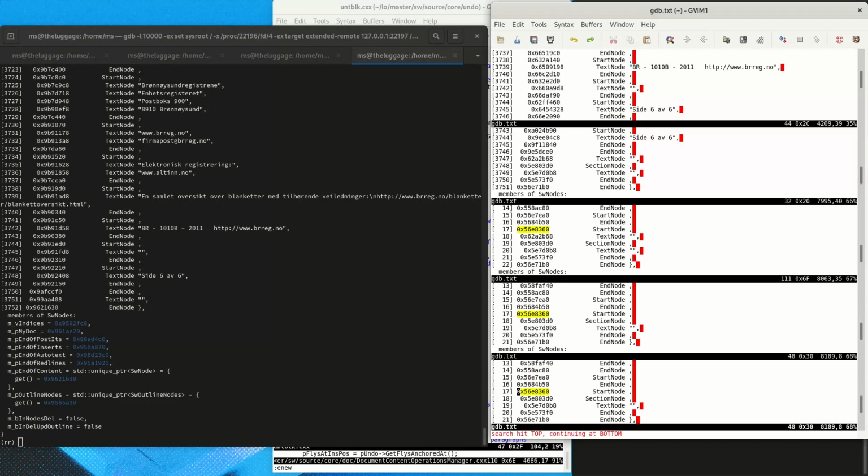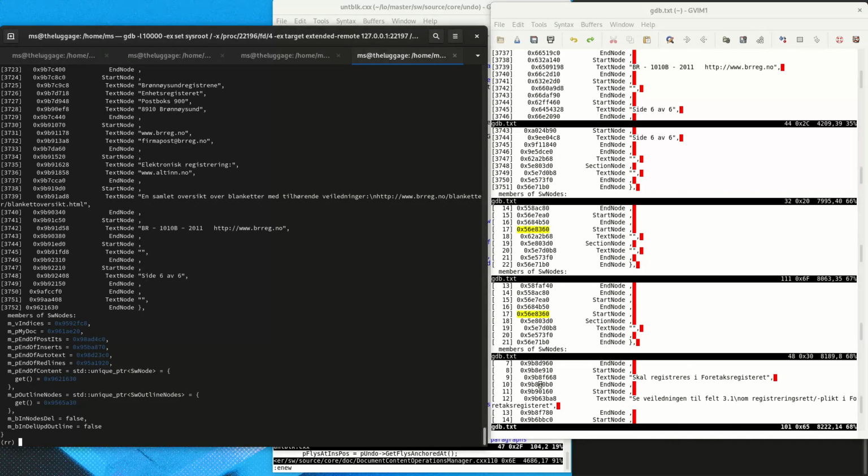We find the previous nodes arrays. This is weird. So somehow there are lots of nodes in this document, but the node addresses are not the same as previously. Oh, well,